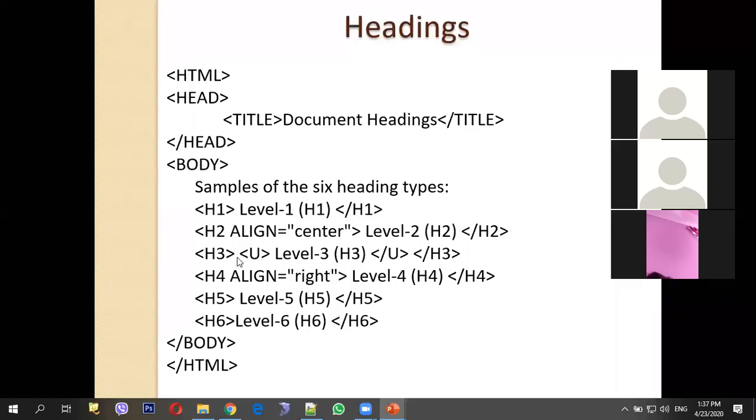Then H3 is comparatively smaller than H2. Here inside I have put the U tag, meaning the level 3 text is heading H3, and within it I also underlined it by specifying the U tag. Next one, H4, align equals to right, then level 4 H4, this means this H4 heading 4 will be